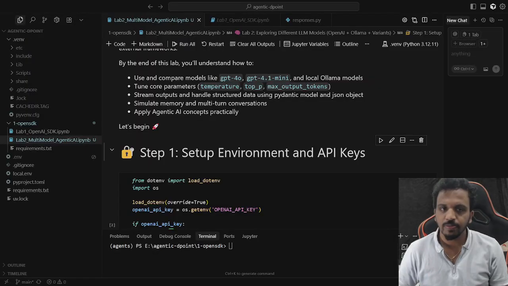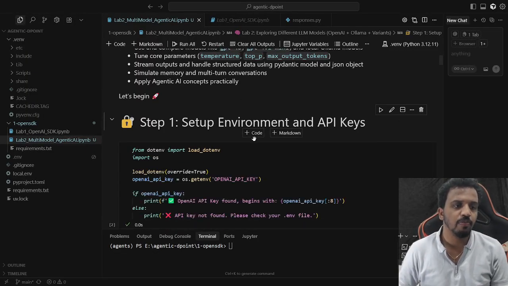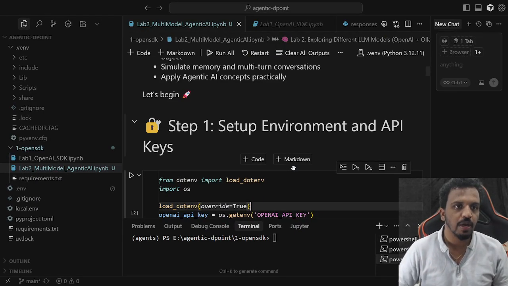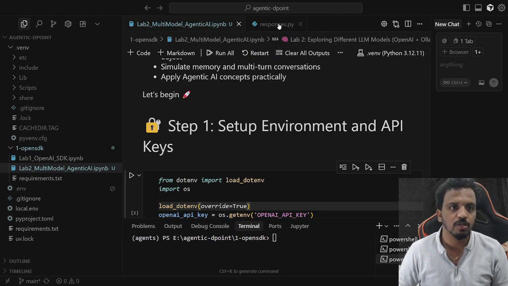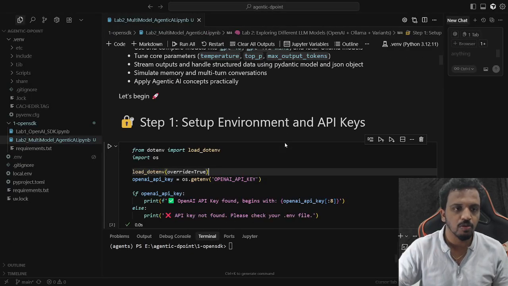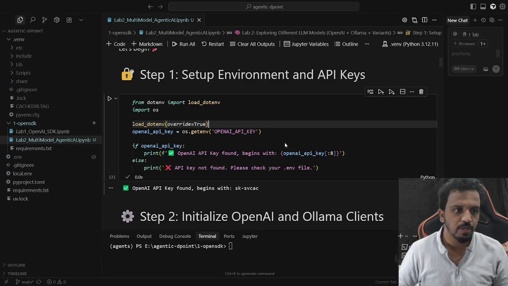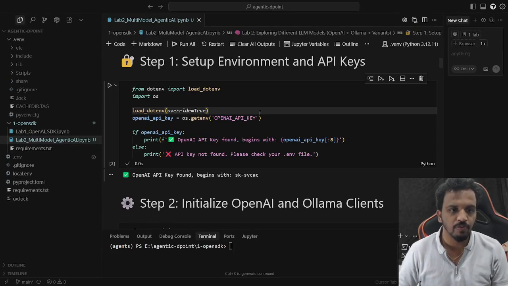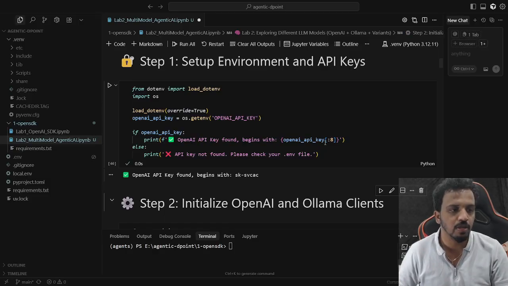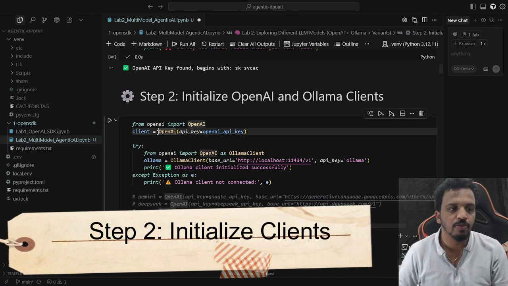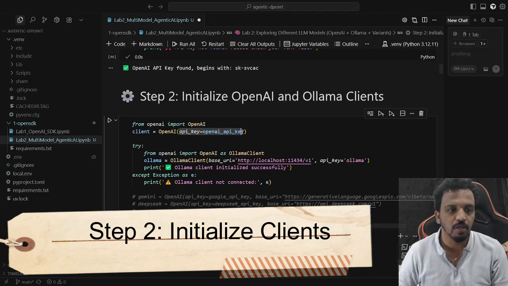So let's open our code base in Cursor. The step one is setting up the environment, and if I go to my environment file, I did not make any changes. We are going to use the same .env so far, which has our OpenAI keys, because the other one that we are running is local, so we don't need to configure anything. Let me zoom in a bit. So first we are loading the environment variables and validating whether we got them or not. Now in step 2, if you remember, this is how we were creating OpenAI with an API key,